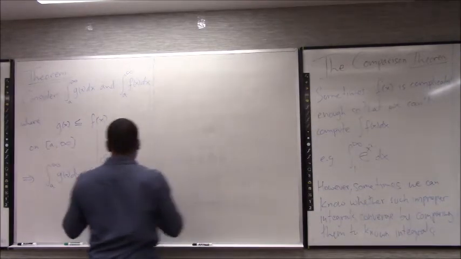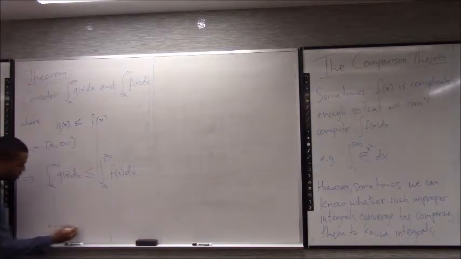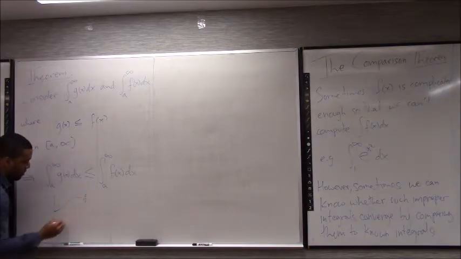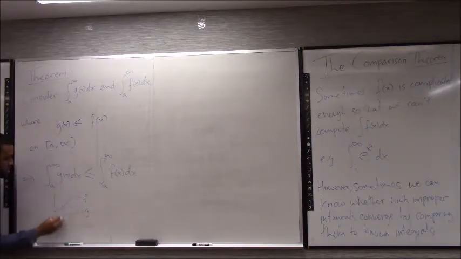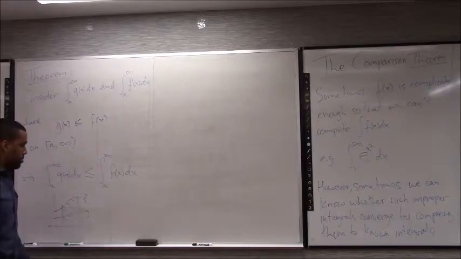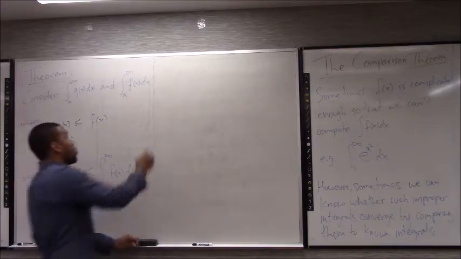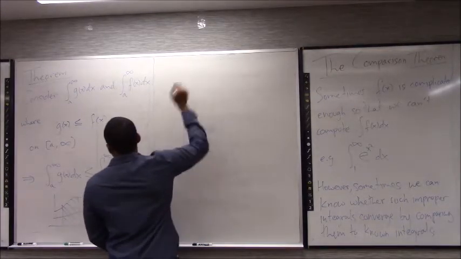There's a theorem in the book that says this as well, but for now I think the idea is clear enough. If one function is always higher than another function, so if that's my f and this is my g, and my f is always bigger than my g, then the area under the f must always be bigger than the area under the g on the same interval. That's kind of clear, okay? There's an actual theorem that proves this, but I'm just throwing that idea out there. So what this means is the following.